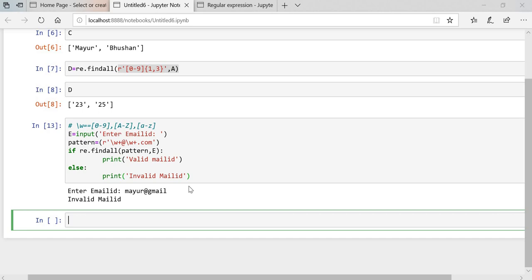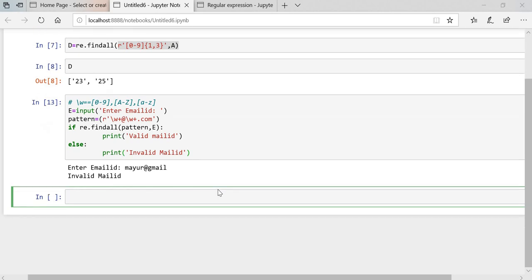We'll take some more functions, like consider k equals to cat, rat, mat, and hat.